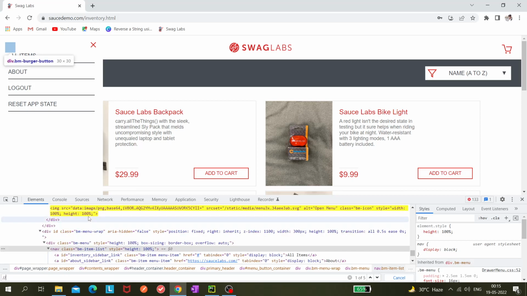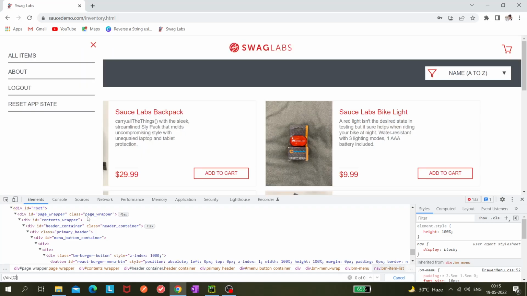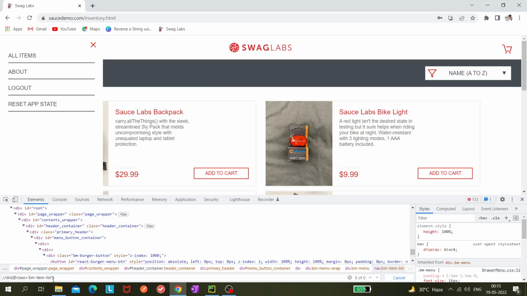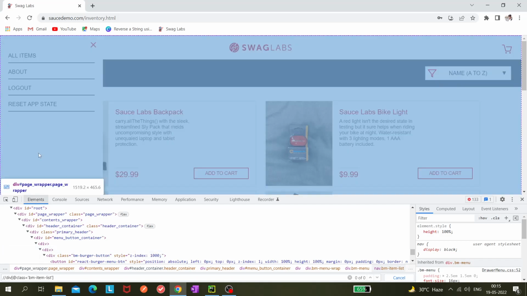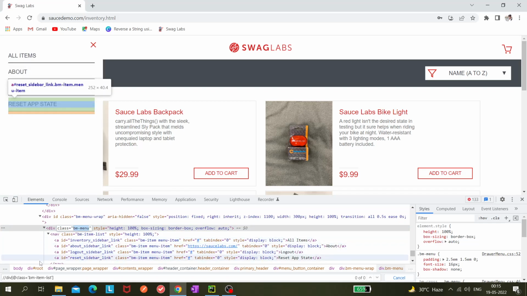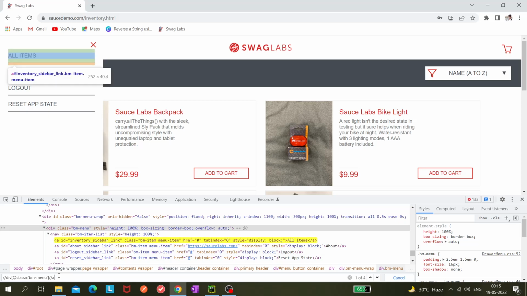Div, menu, and then use this double slash and anchor tag.